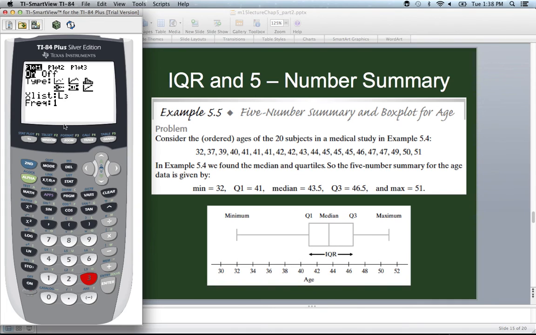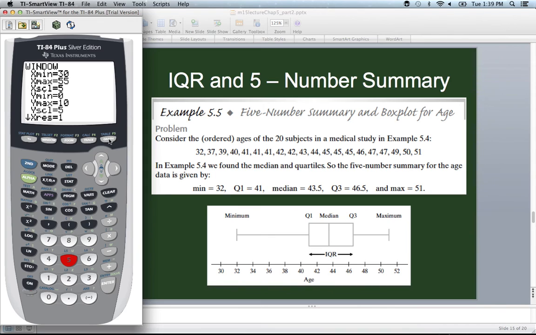And then the third step is to configure the window settings. So I'll press window. All right. I don't know why my calculator does that. Okay, so the smallest data value is 32. I'll just make x-min 30. That should work. The largest is 50, so I don't know, I'll make that 55 maybe. X scale works fine. Y min and max don't actually make too much difference here, as long as it's something